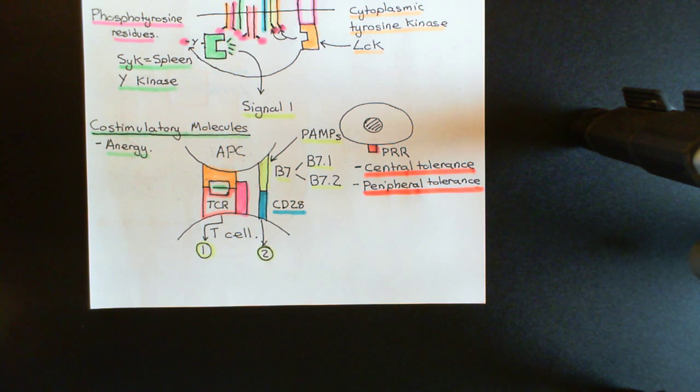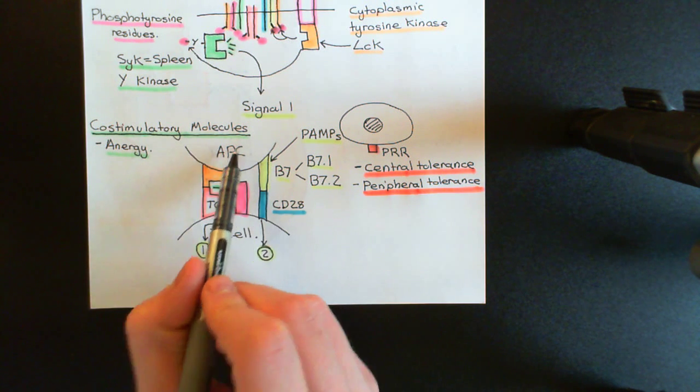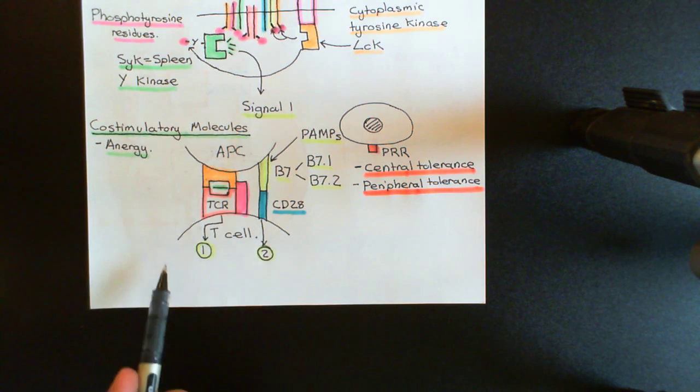Now let's go back to the story of we've actually got a pathogen's antigen fragment here, and this is not an autoimmune response, so the antigen presenting cell should have B7 on its surface because it has seen a pathogen, and therefore we will be giving our mature naive T cell both signal 1 and signal 2. What's now going to happen? Well, what's now going to happen is signal 1 and signal 2 are going to result in the T cell